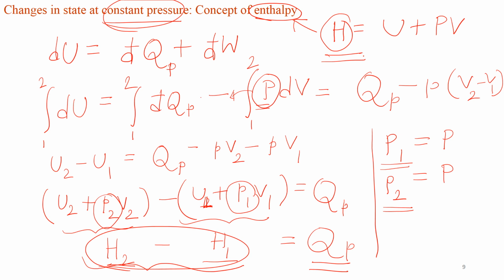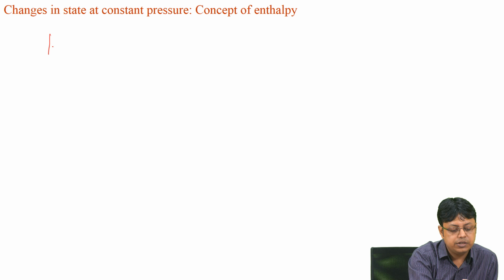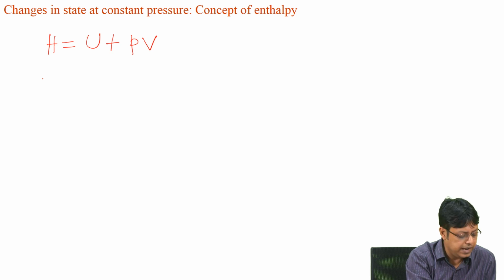So, we got an interesting result where we said that change in enthalpy of the system is nothing but equivalent to the heat change at constant pressure. Now, we will frequently use this concept, but before that let us also discuss. So, we just defined enthalpy H as U plus PV. Now, if we take